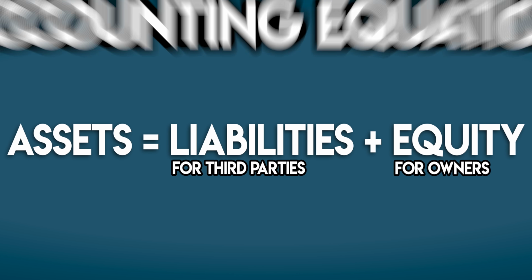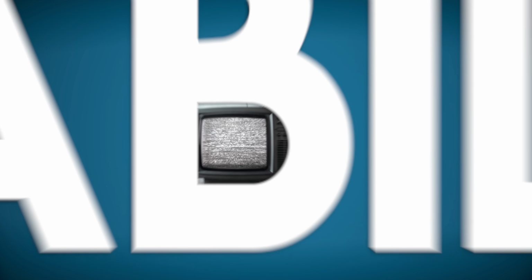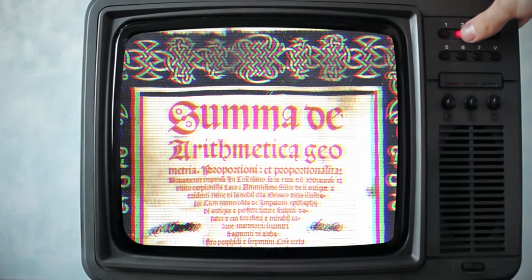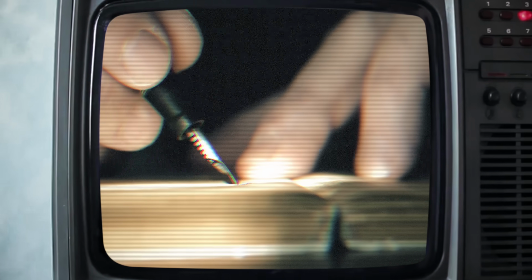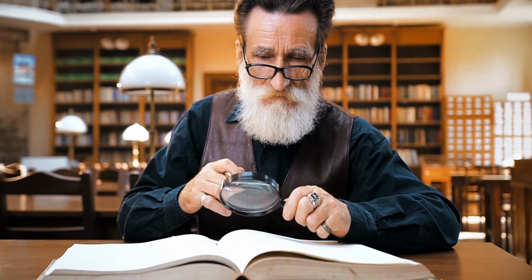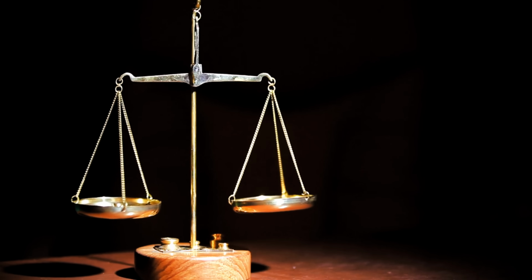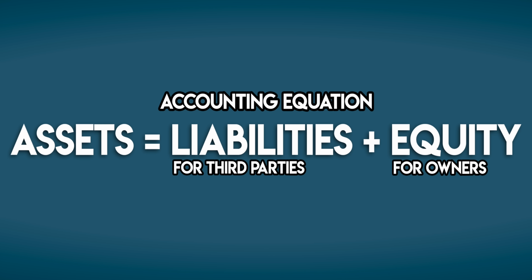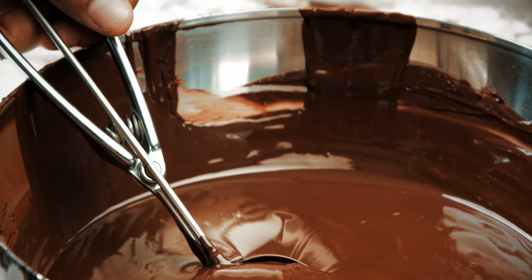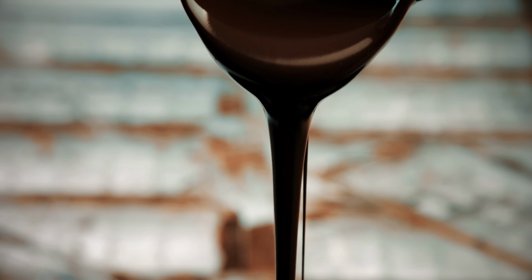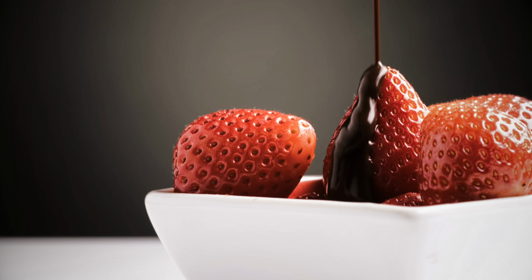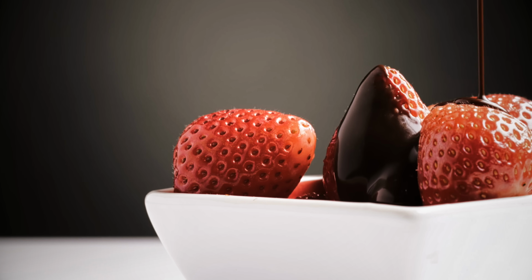This little formula is called the accounting equation, and it has big implications. It was written down a long time ago by this guy in this book, and it revolutionized the way we record transactions. It's the foundation of double entry accounting, the theory that there are at least two equal and opposite sides to every transaction. Because this accounting equation is always true, it must always balance. Debits and credits are the words we use to reflect these two sides. Credits represent the sources that economic benefit flows from, whereas debits represent the destinations that it flows to.